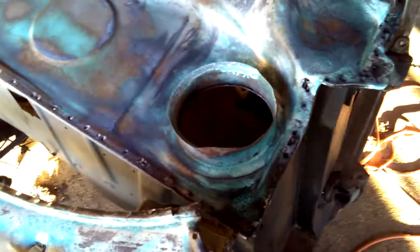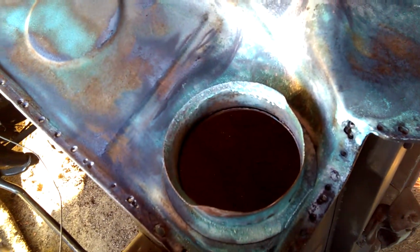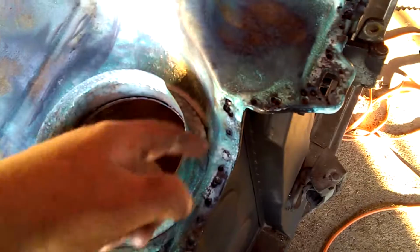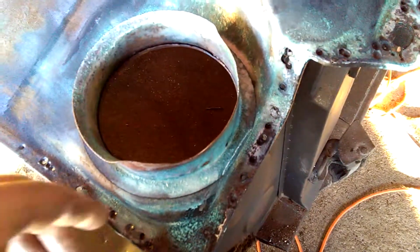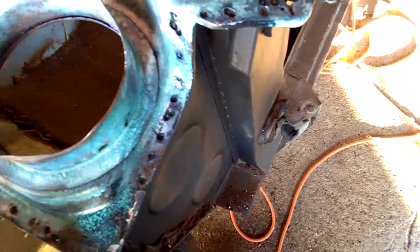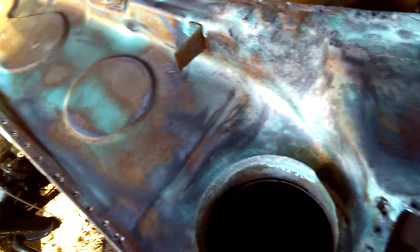I took some videos, and what I'll do is put them on before this. I actually poked the phone up in here and had a good look around the best I could. Parts of it I couldn't see because the phone just couldn't quite get in there, with the panel in the way. But you could see there was just a lot of stuff built up in here, especially on that side, leaves, and you can see it was quite a lot of surface rust and scale. So